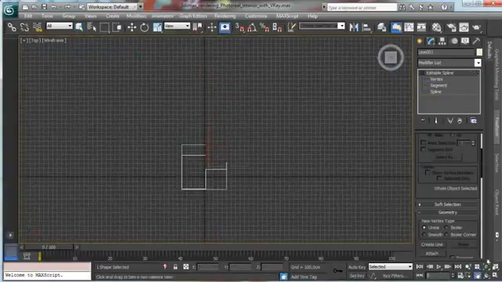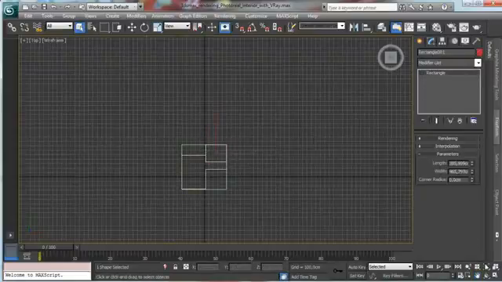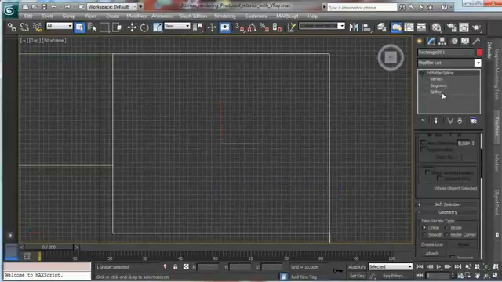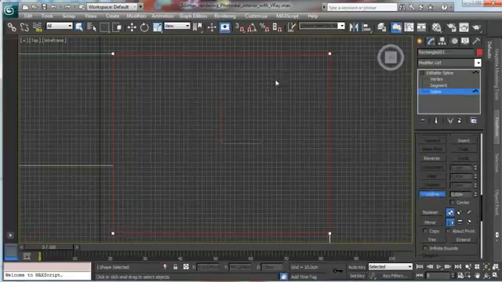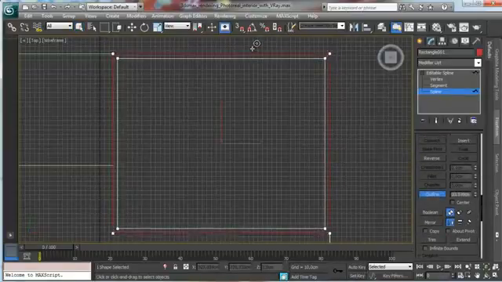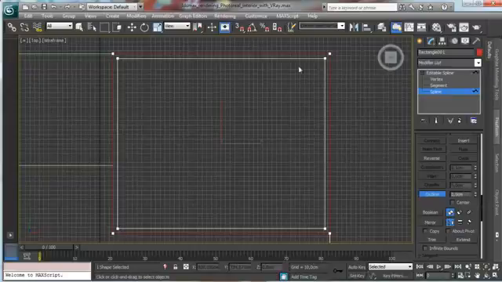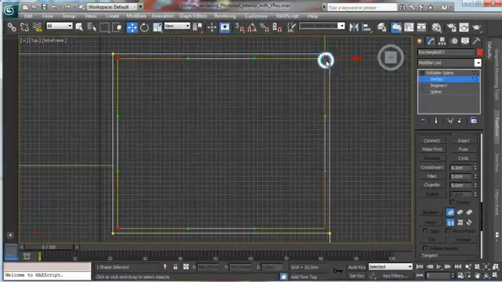So before that we have to pick the spline there, convert to editable spline. Let's go to spline, and then we can go to the outline without problems. Okay, and let's do something around 10 centimeters. Okay, so then we can select the vertices there, and we say to use